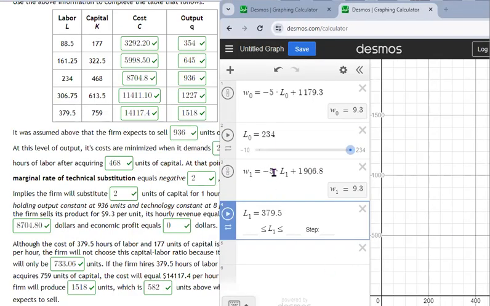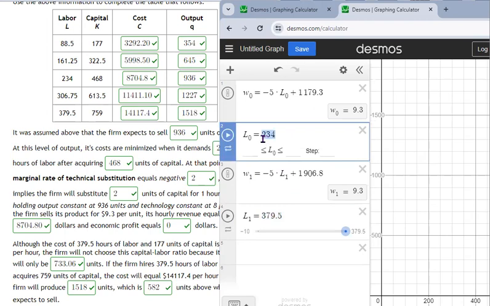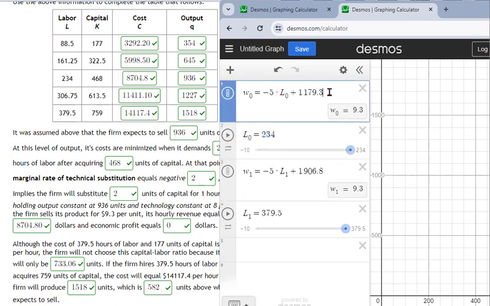Okay, assuming the slope of the labor demand equation is still -5, this equation in line 3 of Desmos is the new labor demand equation, right? Because when quantity of labor demanded is 379.5, L1 here, this value is plugged into here, and we get a wage of 9.3. When the labor demanded by the firm is 234, L0 plugged into here gives you 9.3. So if the -5 is accurate, this is the firm's labor demand curve